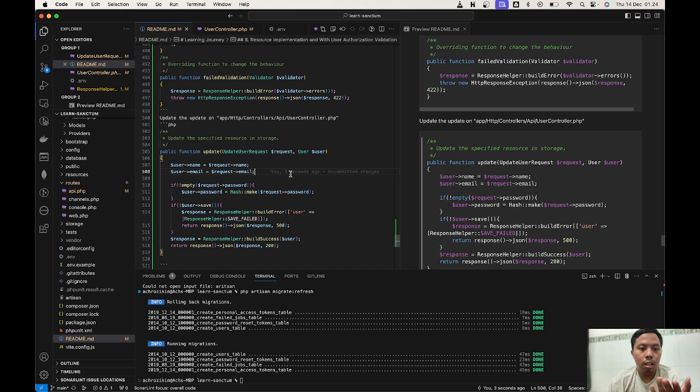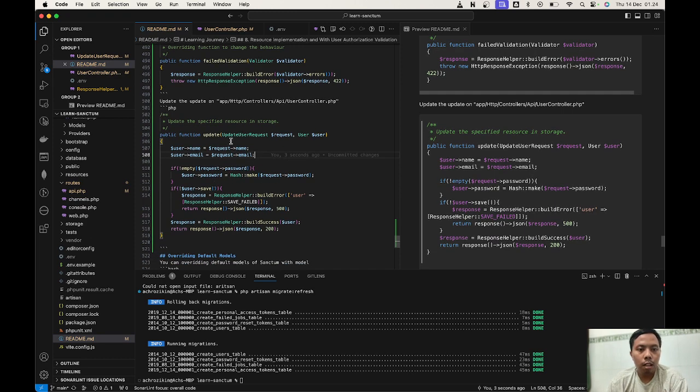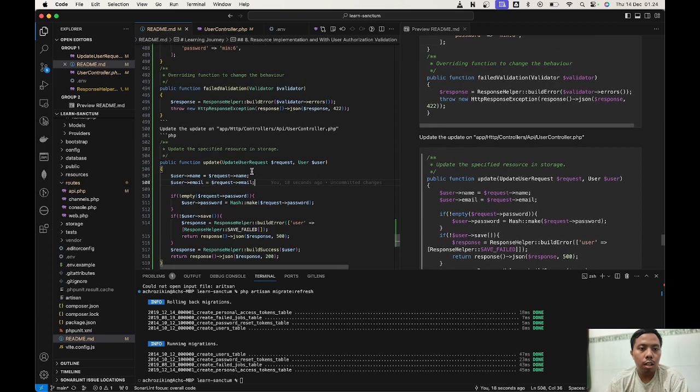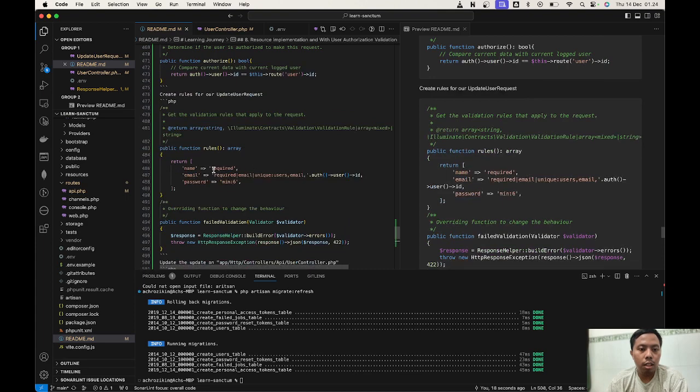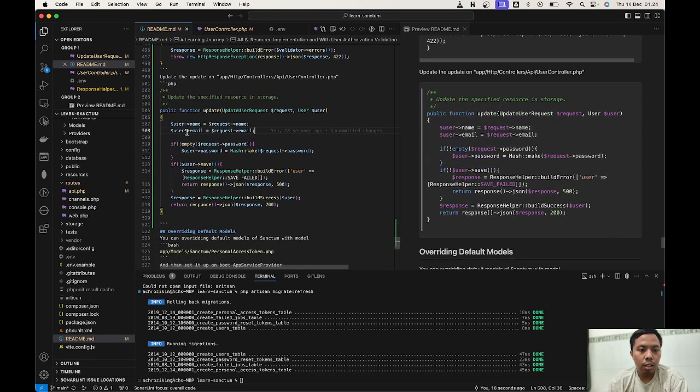Let's explain it a little bit. On the update method, the request is already validated in the form request file that we previously created. After that, we're going to change the name, change the email, and then if the password is not empty, we're going to change the password.